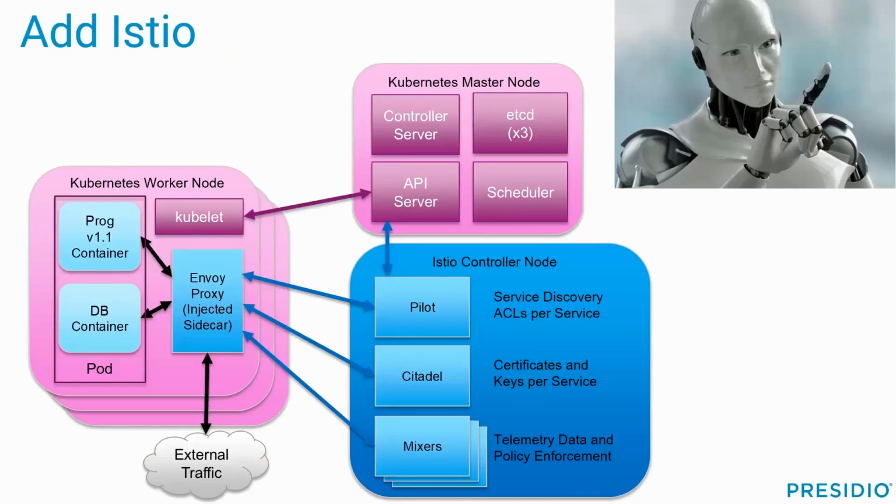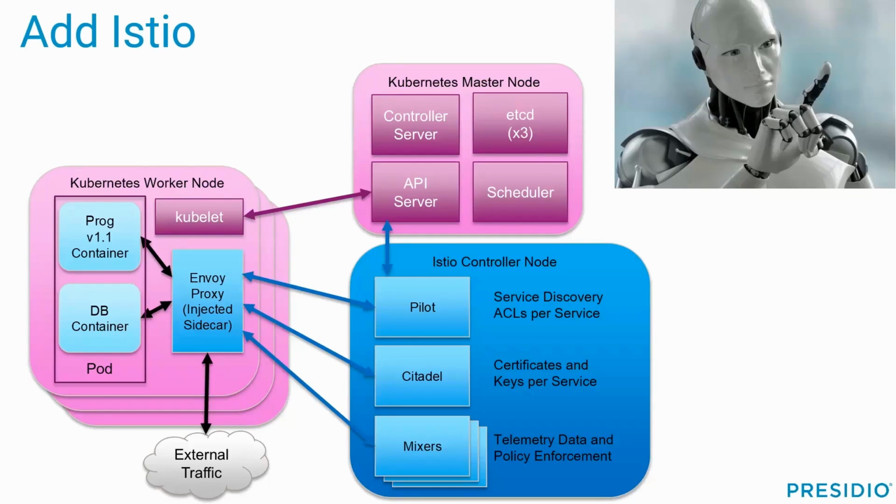So what does that look like? Well, we have an Istio controller node. It consists of 3 parts, what we call Pilot, Citadel, and Mixer. And then we inject this sidecar into the worker node. The sidecar grabs all the external traffic, right? It sends its telemetry data out to the Mixer. It gets its keys and sets up its encryption from Citadel. And Pilot sets up the ACLs, understands the services, goes out and sets the proper connectivity between the various